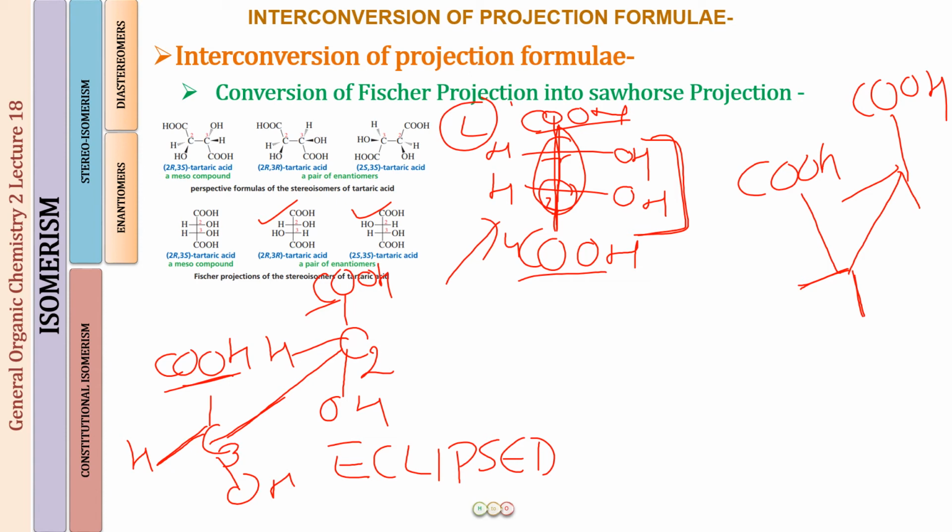is more stable than the eclipsed. So generally we leave the molecule in a staggered projection, that is more stable. So we are going to convert the eclipsed now again into the staggered. So how are we going to do it? Well, we have to keep one of the carbons fixed, any one we can do, and we are going to rotate the C2-C3 sigma bond, because free rotation is possible, and we are going to rotate it by an angle of 180 degrees.